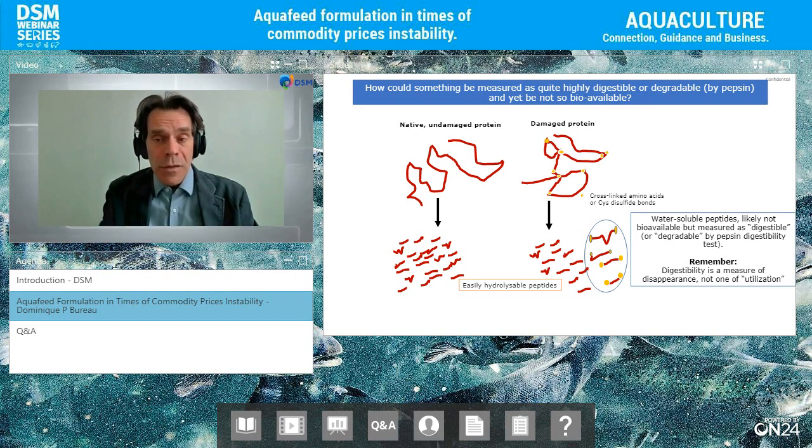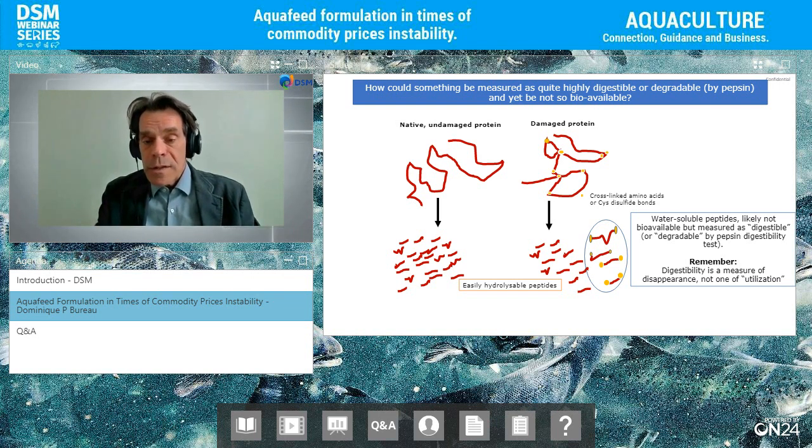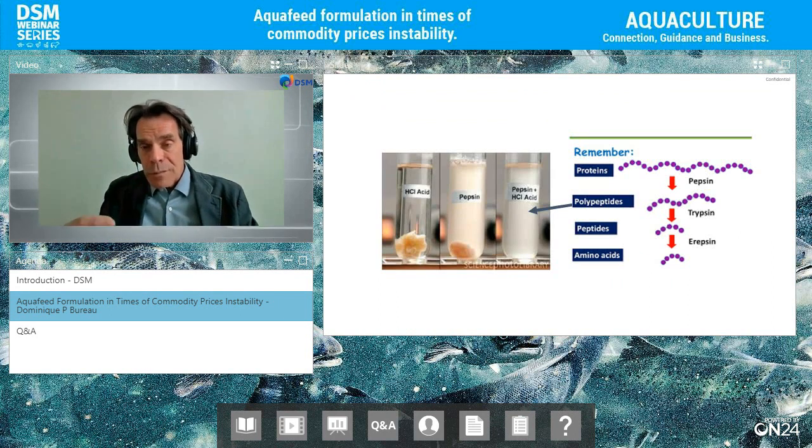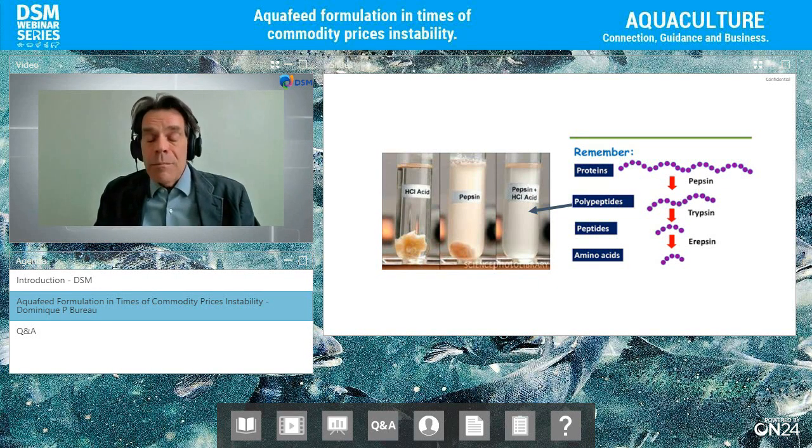It was in the feed, it was not in the feces, so therefore it will be digestible. But even if you are using a pepsin digestibility assay, these proteins with knots, these polypeptides that are like parts of knots like this, may actually be measured as soluble. So you say they're digestible using pepsin digestibility, but they may not be digestible to the animal. They may be measured as pepsin digestible, but not digestible by the animal.